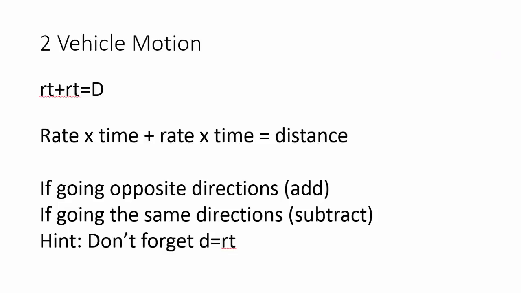Today I'm going to talk about problems that deal with the motion of two vehicles, and we'll deal with vehicles that will move towards each other or away from each other. This is not a complex, physics type problem. This is just going to be a basic algebra problem that deals with linear motion that's constant and there's no acceleration going on. So just to help understand where the formula is coming from, I want to start